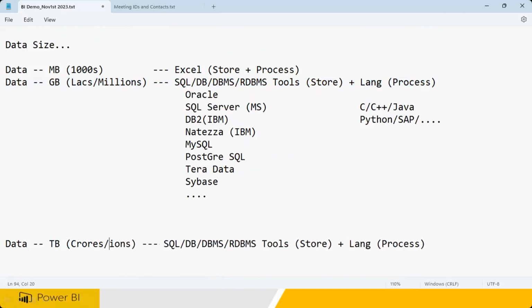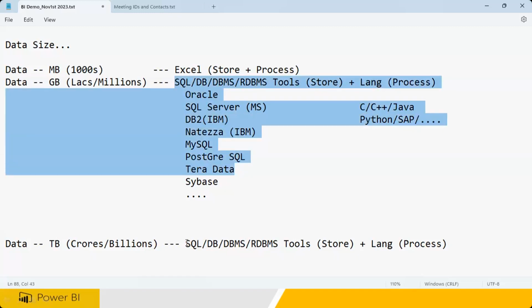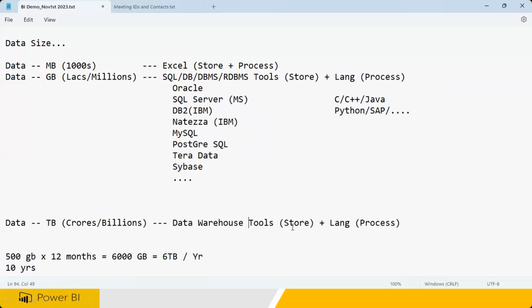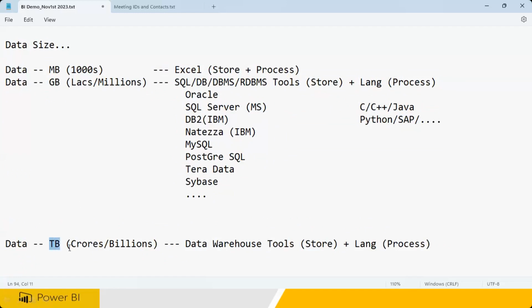It is not millions of data, it is slowly billions of data we are going to be getting. 1 billion is equivalent to 100 crore, right? When you have so much data, this normal RDBMS will fail. So in this place, we are going to be using one more tool called data warehouse software. One more software IT companies are going to be using to store the large amount of data, especially terabytes of